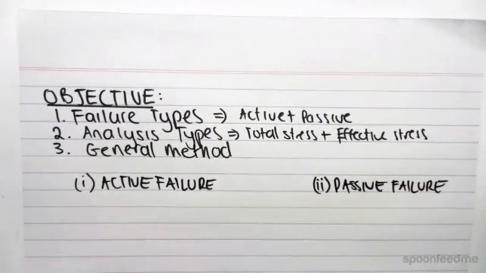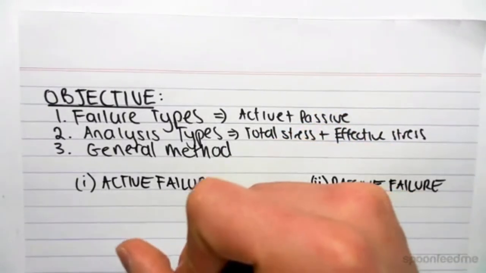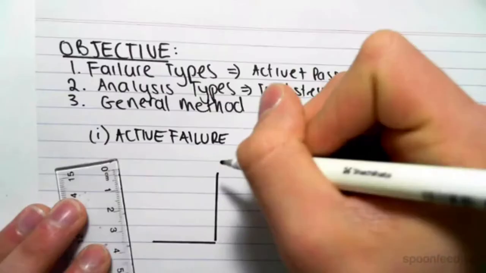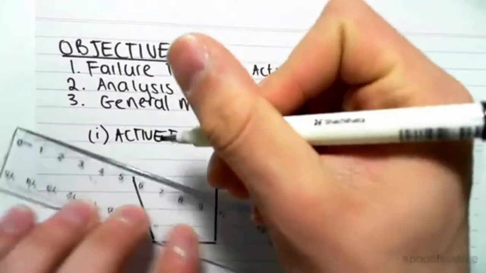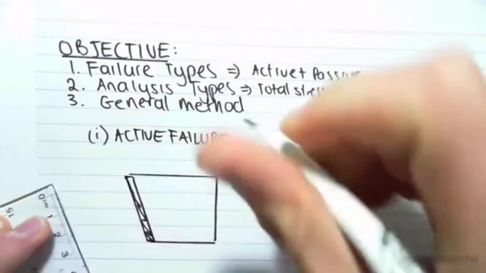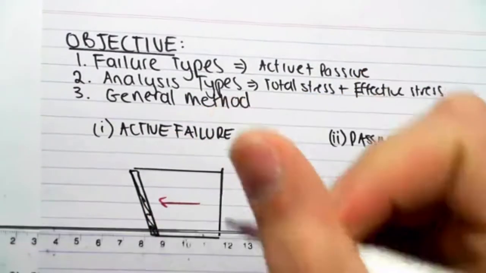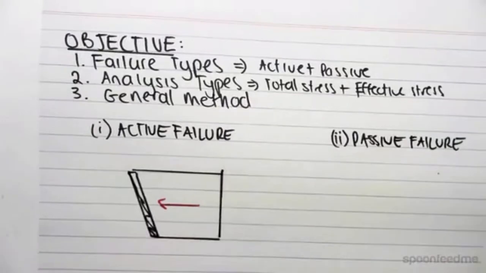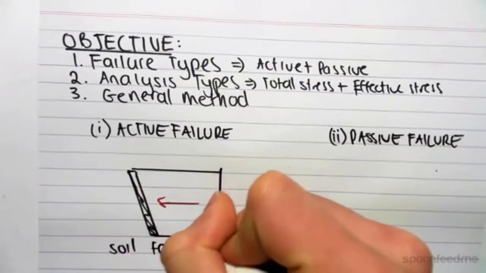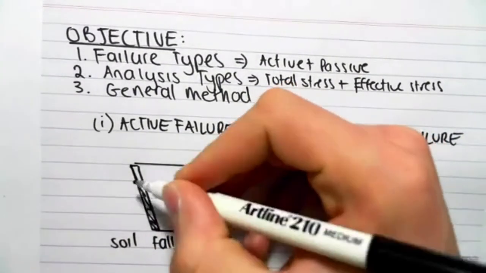So what do these mean? An active failure is when the soil falls on the wall. So the wall isn't providing enough strength. So we have a profile of soil, and the soil will cause the wall to fail. So the pressure of the soil will fall on the wall. So active failure, soil falls on wall, and we can find the stress that the soil is putting on the